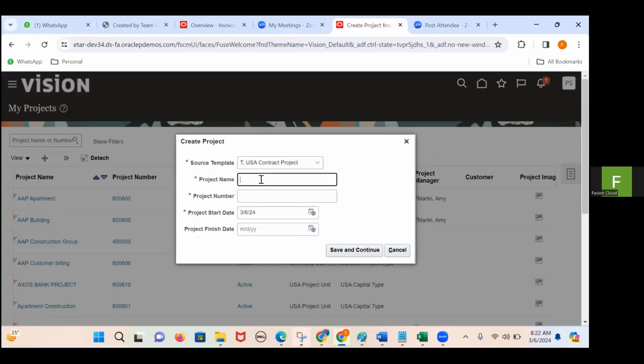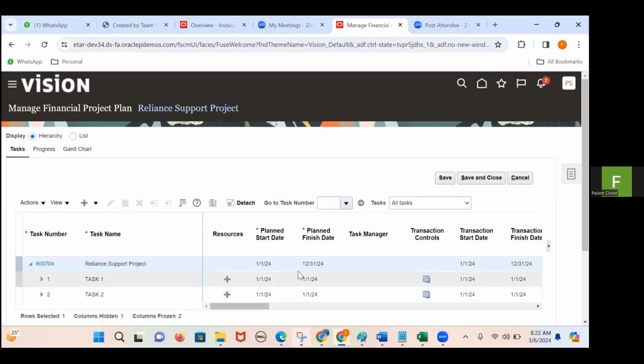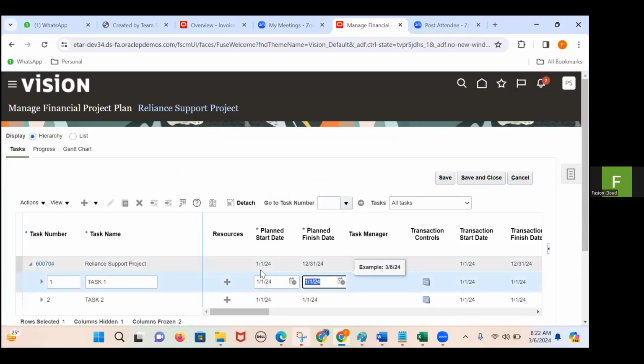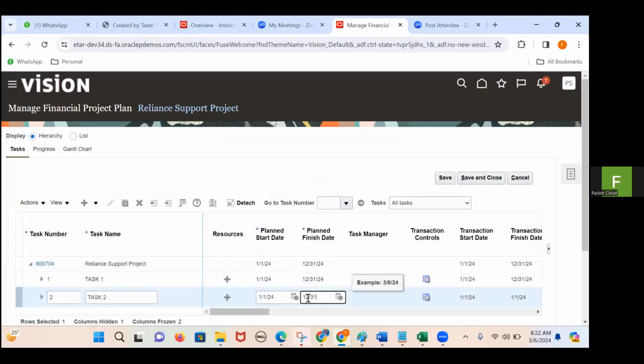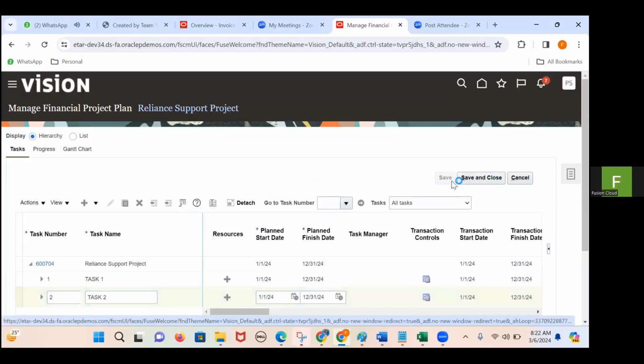And here the project name is Reliance support project, and the project number is 600704. It is starting on January 1st, 2024, ending on December 31st, 2024. It's a 1-year project. Now we'll change the task dates as well, 12/31/24 and 12/31/24. Let me save this,